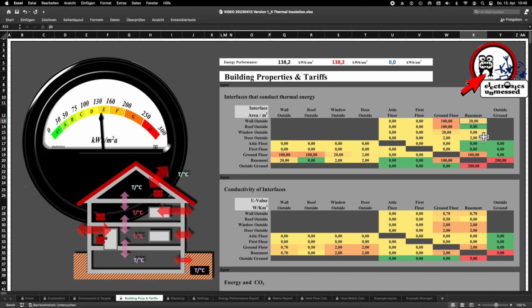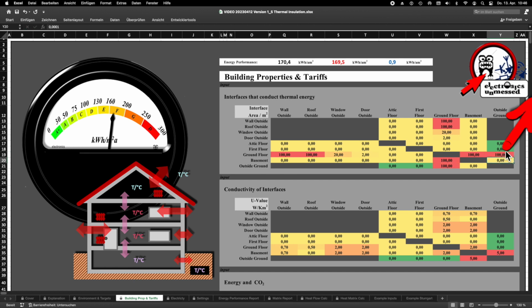Next, we want to model a house that does not have a basement. We apply the same logic again for the walls, doors and windows. We enter the value 0.0001 for the areas. Now, of course, the floor and the area of the basement to the ground are also omitted, so we have to enter a small value here. In return, however, the ground floor now has an interface to the ground that is 100 square meters in size.